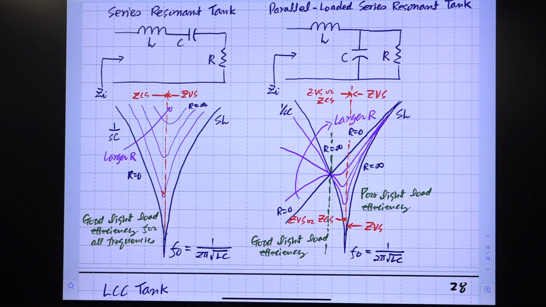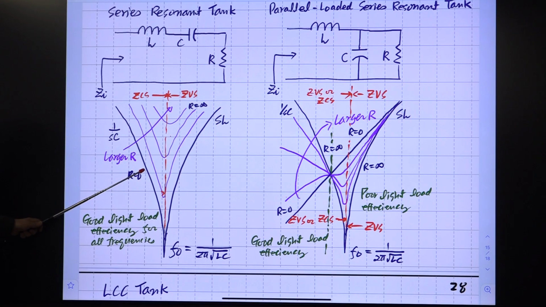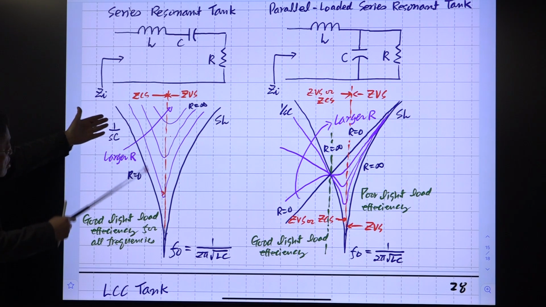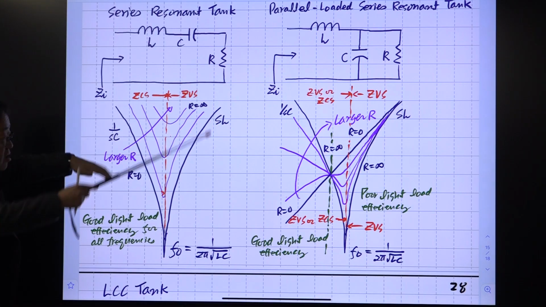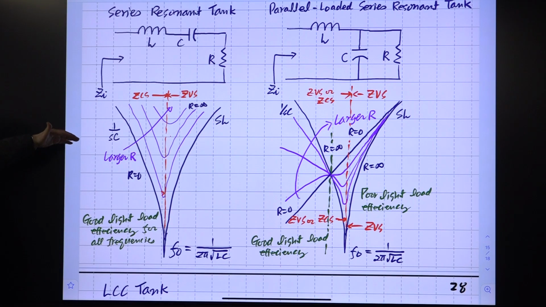This is GI0. How about the GI infinity? GI infinity means this is open, so the input impedance becomes what? Infinitely large, all right? So this is the curve for the GI0, and the curve for the GI infinity is somewhere here, all right? So it starts from 0 and goes to higher values of R, and the input impedance is increasing forever. This makes sense, okay? So the input impedance is bounded between this curve and another one at infinity. So it never goes below this. That is impossible. It goes up all the time, all right?